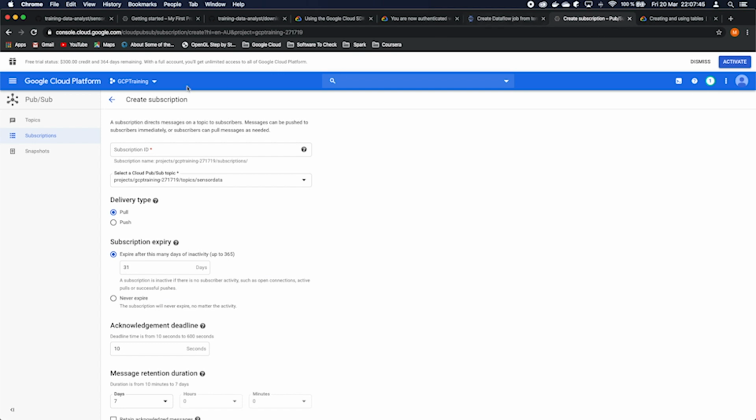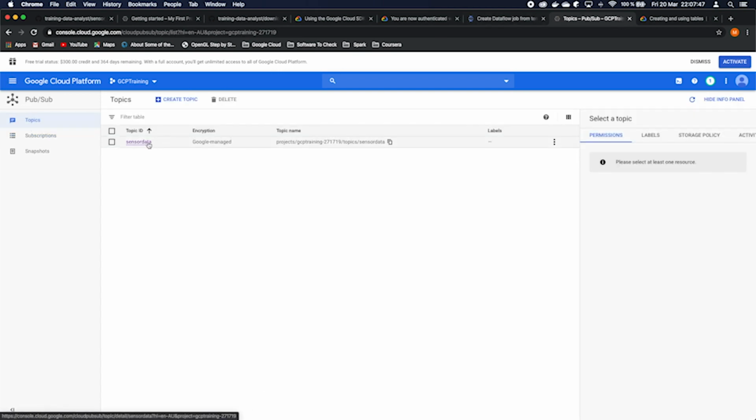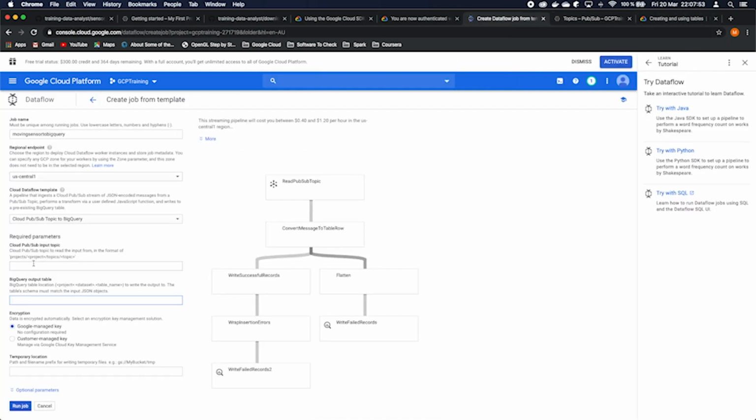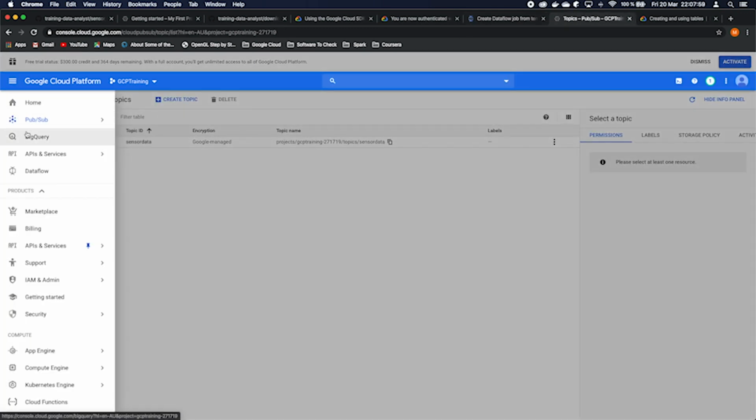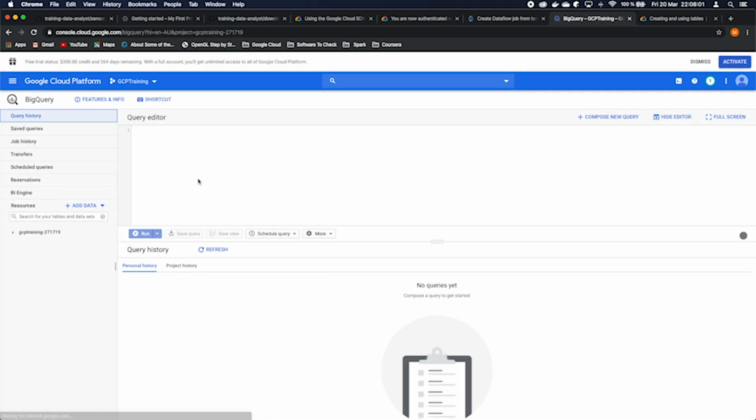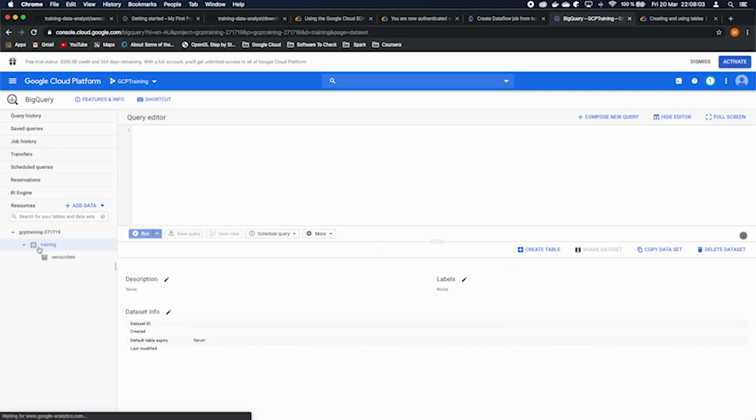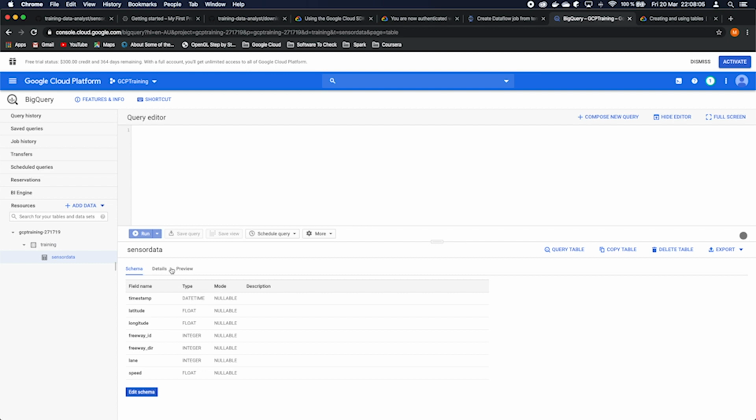We go back to topics and we copy this and we put it in the Dataflow. Okay, and for the BigQuery we do exactly the same. The ID is in the training, in the sensor data.